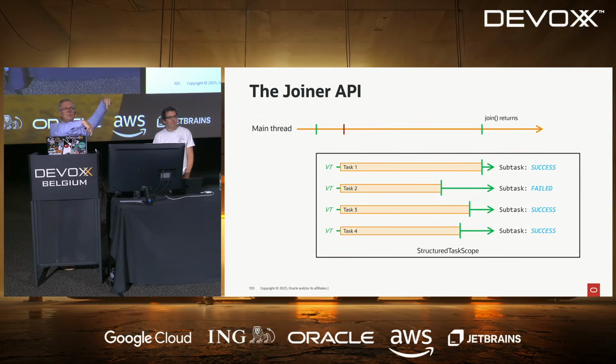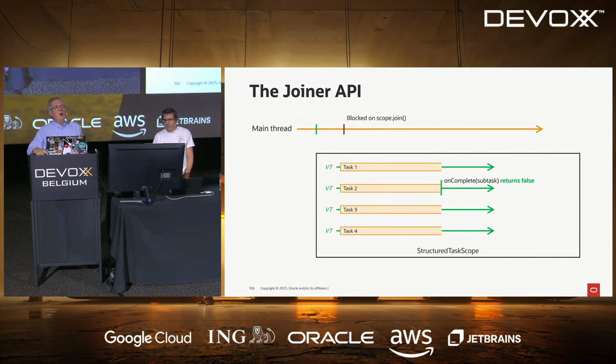So you have access to this subtask object within the code that is executing your subtask scope. Then you can call either get or exception on this subtask object after the join returned. If you try to do that before, then you will get an exception. You can't. Okay? And then you can get all the results of your subtask objects and produce a global result for this scope and return this result and carry on.